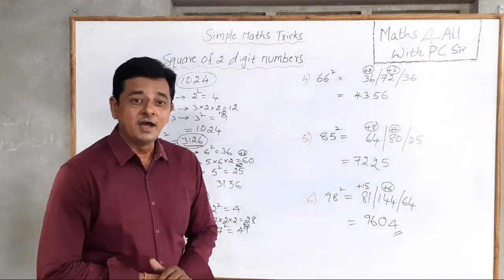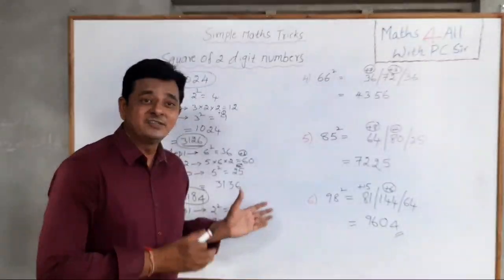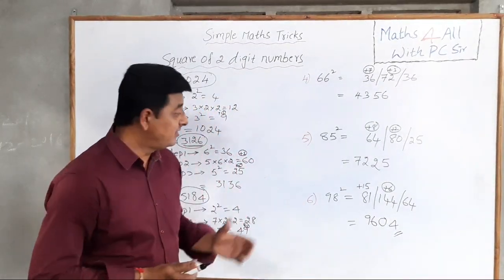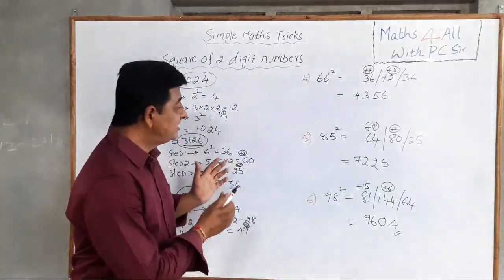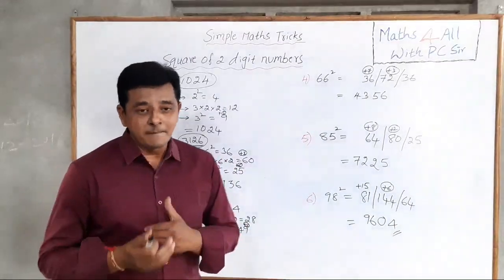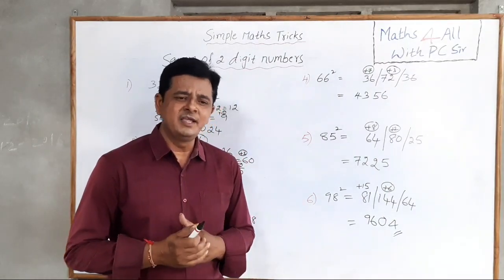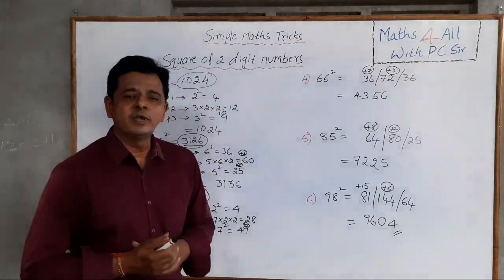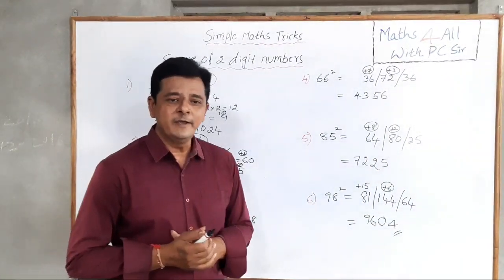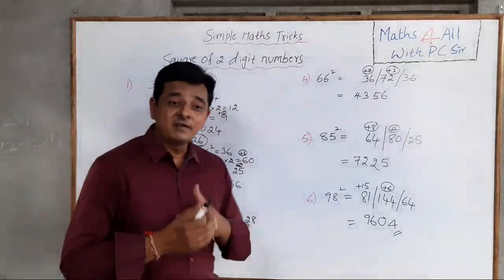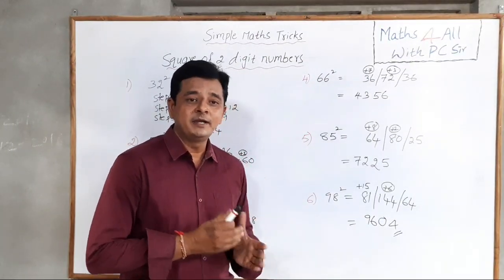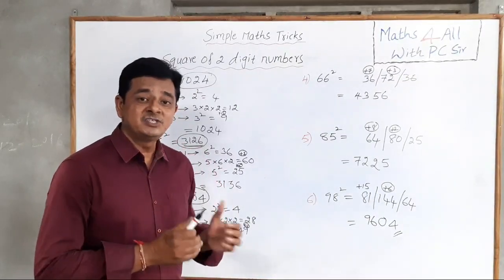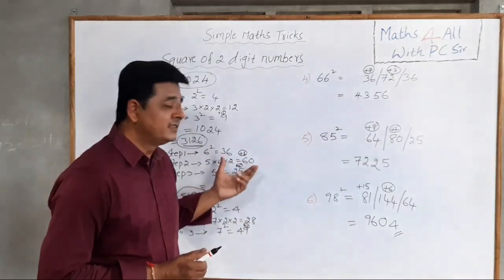Okay, my dear students, all of you understand this one. By using these simple mathematics techniques, we are saving a lot of time and a lot of paperwork. These methods are most useful in competitive examinations. If you are facing any competitive exams or any other exams, these techniques are most useful. Not only this, the square of 3-digit numbers, how to multiply a 2-digit number by another 2-digit number, and multiplication of 3-digit numbers, these topics we are going to discuss in the next class.